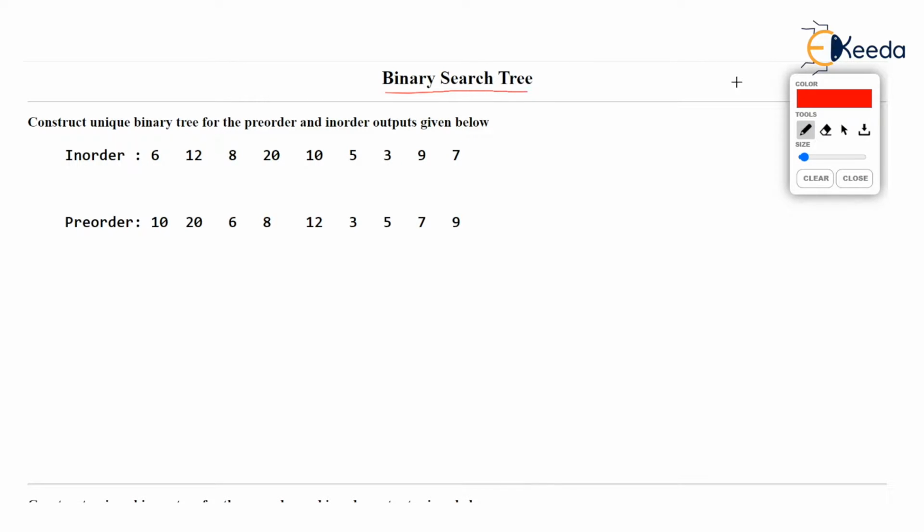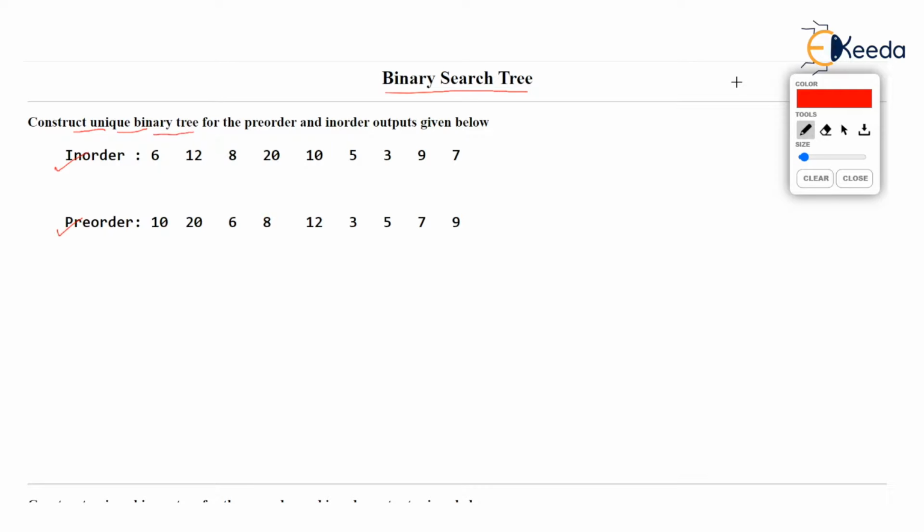Let's look at a typical type of problems where we have been given outputs of in-order traversal and pre-order traversal. That means a binary tree exists, and in-order and pre-order outputs of that binary tree have been given, and we are asked to construct a unique binary tree.